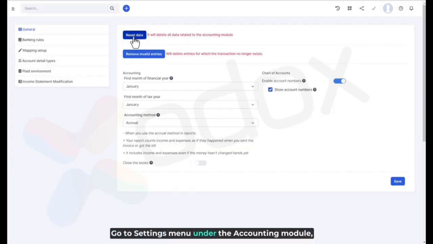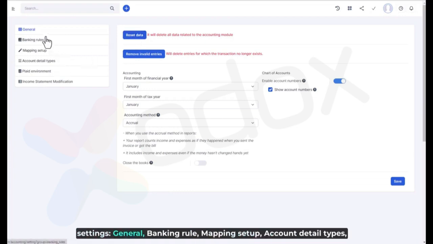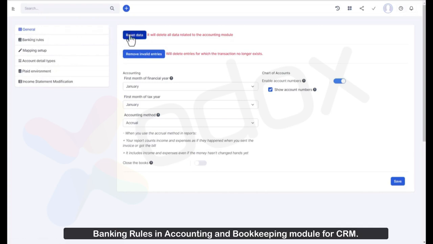Go to Settings menu under the Accounting module. There are 5 small menus in the Settings: General, Banking Rule, Mapping Setup, Account Detail Types, Plat Environment, and Income Statement Modification. In this video, I'm going to show you about General Setting and Banking Rules in Accounting and Bookkeeping